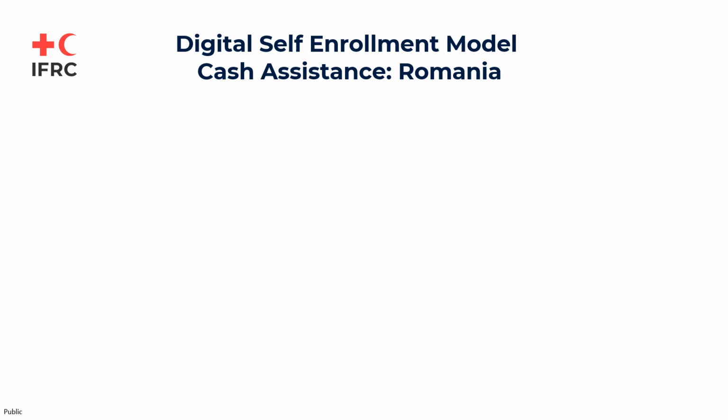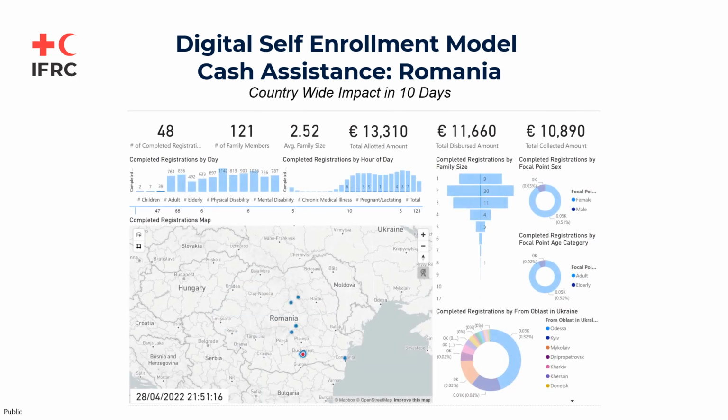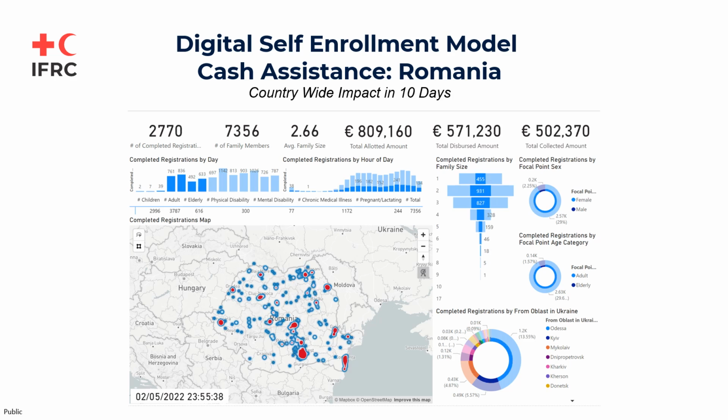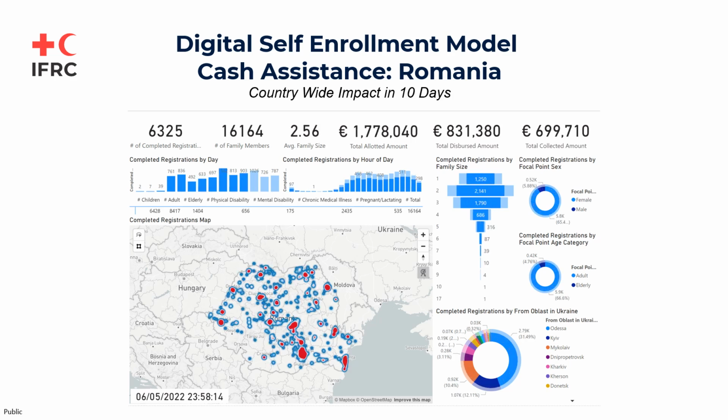If you also look at the map, it's not just about speed and scale. This was really one of the key advantages for using this model, which was that people were dispersed all over Romania, and there was absolutely no way for the Romanian Red Cross to be able to reach all of those people, to even know where they were actually in the various locations around the country. So when that program launched with about a dozen people in Bucharest,